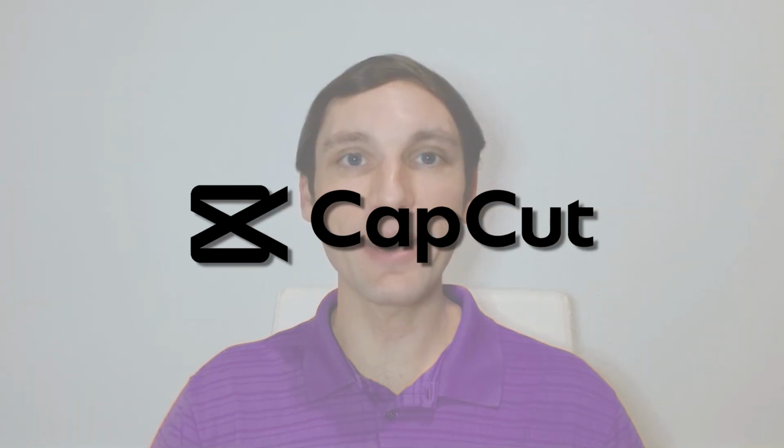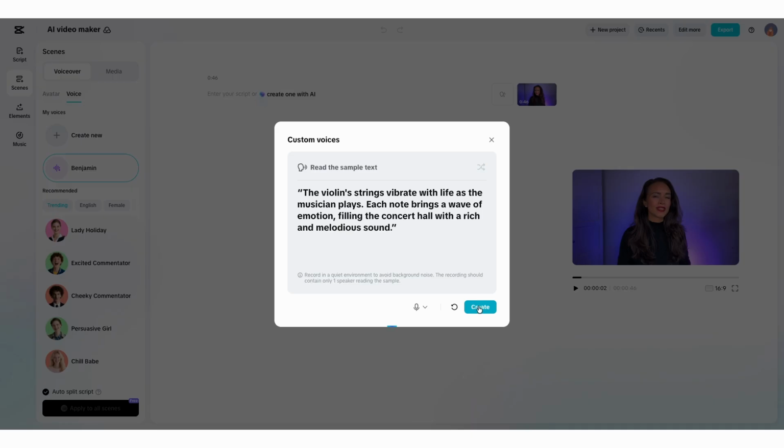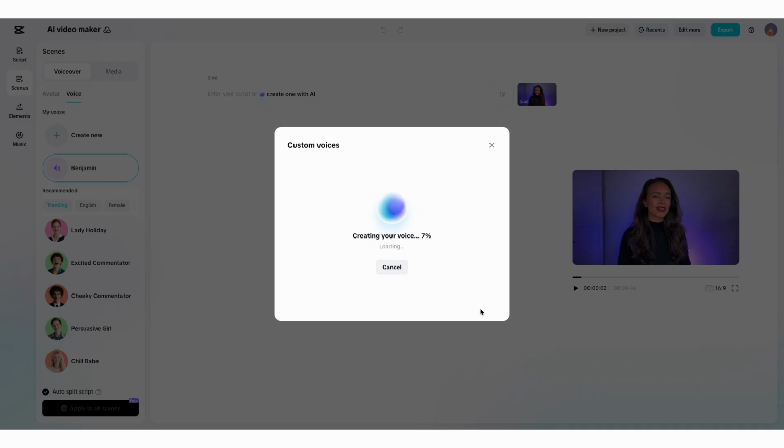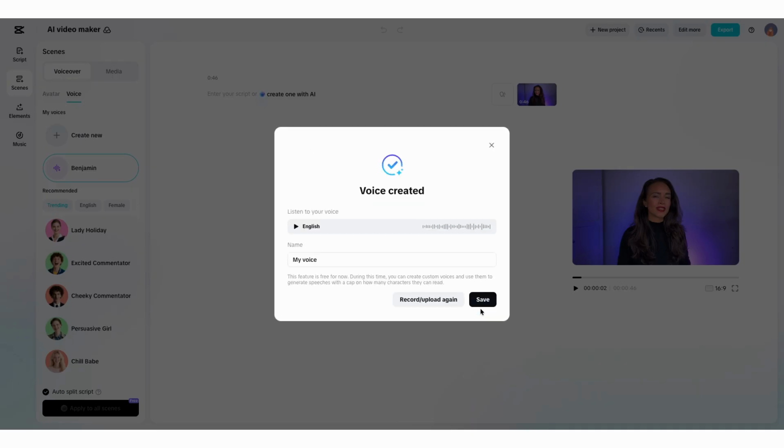Let's start with tools that live directly inside editing software. A great example is CapCut, which is free and already includes several AI-powered audio features. It's also one of the easiest editing programs for beginners to pick up, which is why we'll use it as